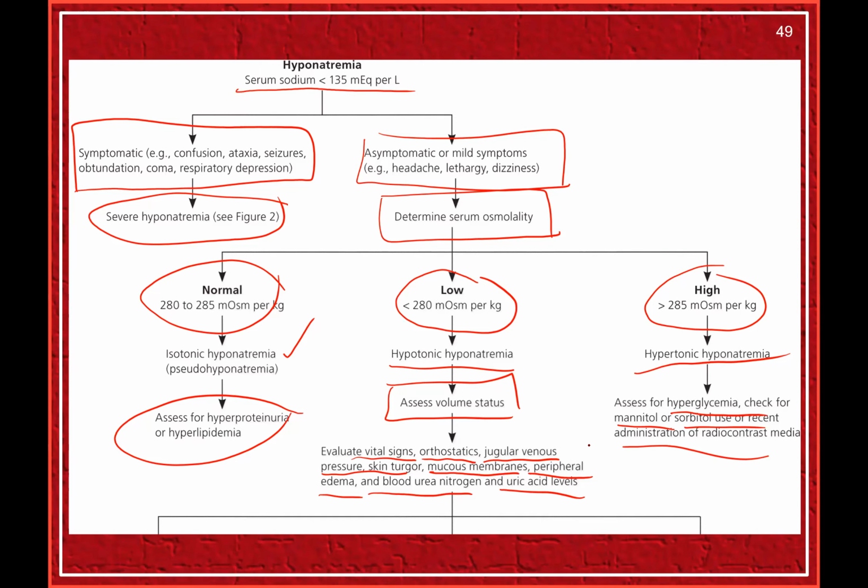So now it is very easy. Have a serum sodium level first, then look at the osmolality. If it is high or normal, we are not dealing with true hyponatremia. The conditions are separated. High osmolality is hyperglycemia, mannitol, sorbitol, radio contrast. Normal osmolality with hyponatremia is isotonic hyponatremia, or pseudohyponatremia. Look at the proteins, at a protein electrophoresis, M proteins, other paraproteins, and hyperlipidemia. If you are in the lower zone, less than 280 milliosmoles osmolality, it is hypotonic hyponatremia. Assess the volume status, and these are the parameters we have.